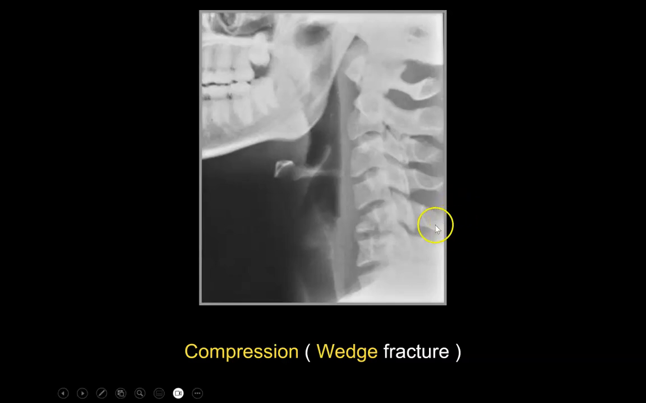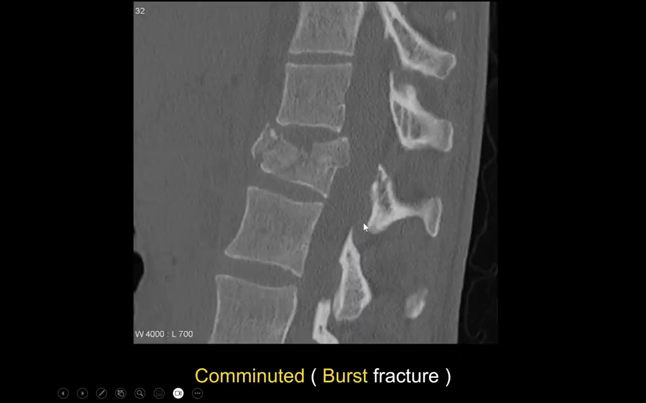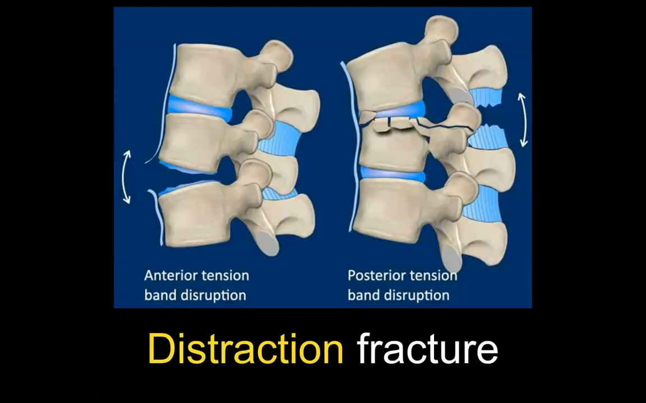So this is a picture of a wedge compression fracture with intact, healthy posterior wall, and it is separated from the vertebral body, we can call it teardrop fracture. And this is several pieces, as we said, what we call comminuted fracture, one piece, one piece, one piece, one piece, and the distraction fracture,